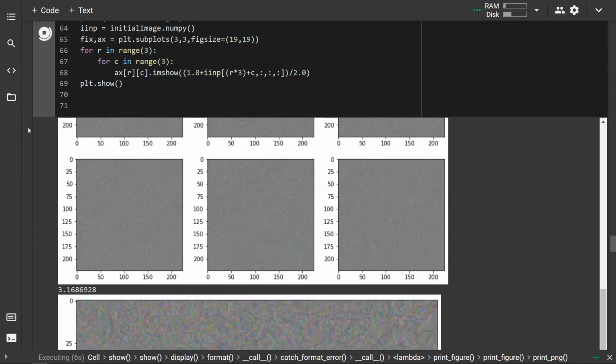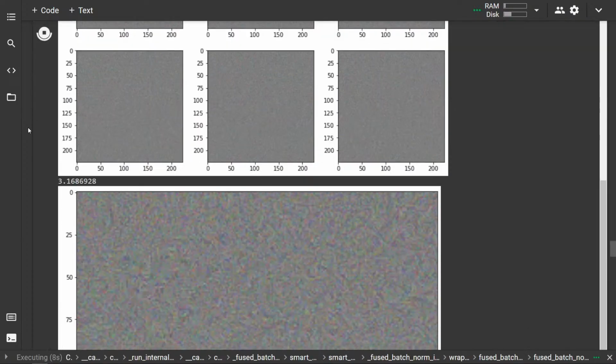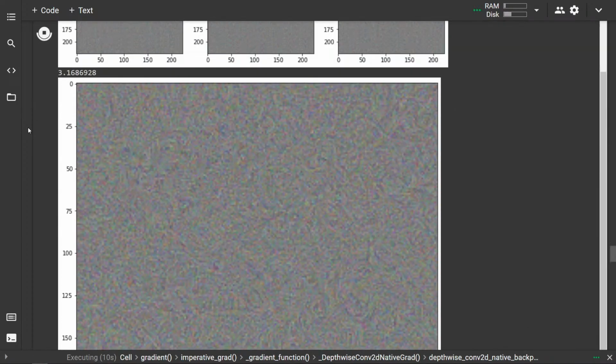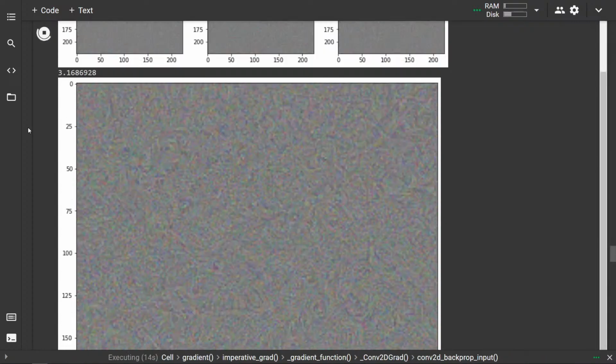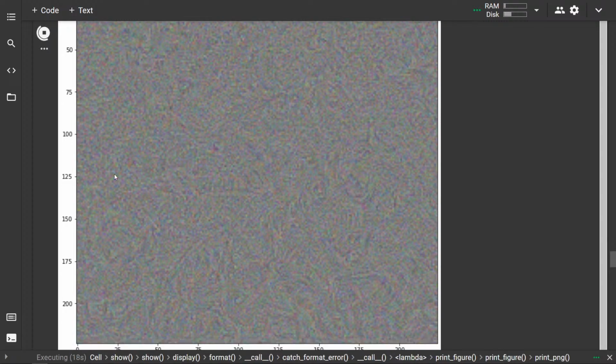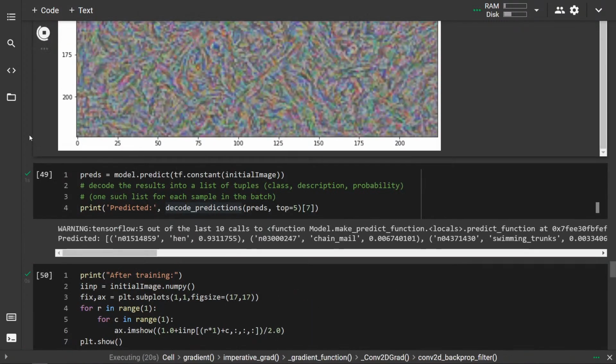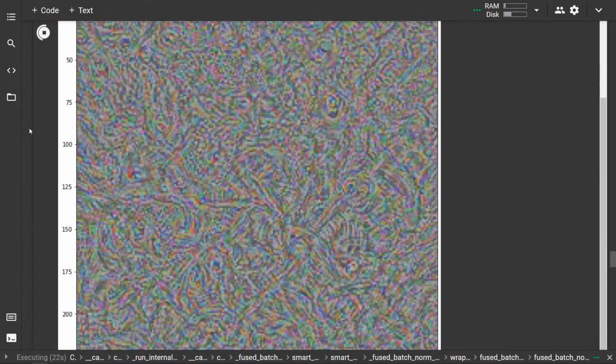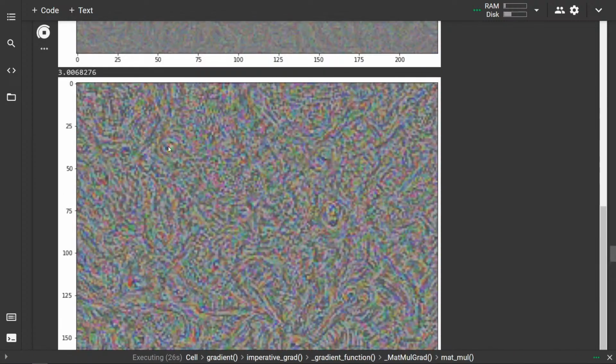Kiss is the initial. Alright, that's 3.16. Yeah, it just creates these weird swirls. And then it's like, yeah, that's a hen. But to be fair, this does kind of look like a bird. That does look like a bird face, but